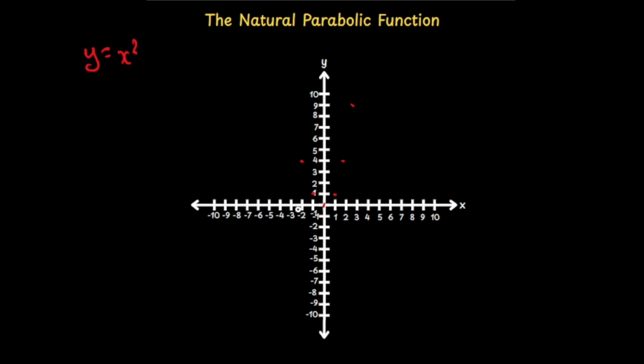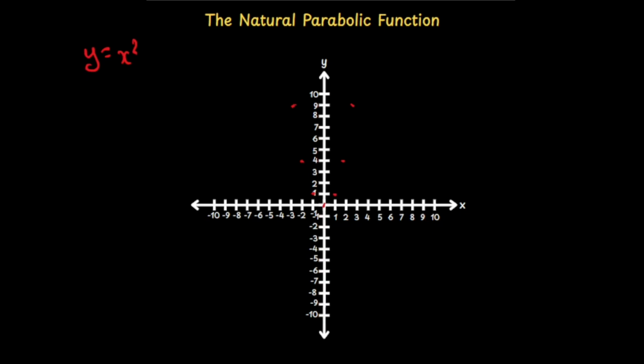Negative 3 times negative 3, it will result in a positive answer as well, and that will give us an answer of positive 9. Okay. So now I have obtained all the points that I can physically obtain for this function for the Cartesian plane that I have. And now we're going to go ahead and join them up and look at the shape